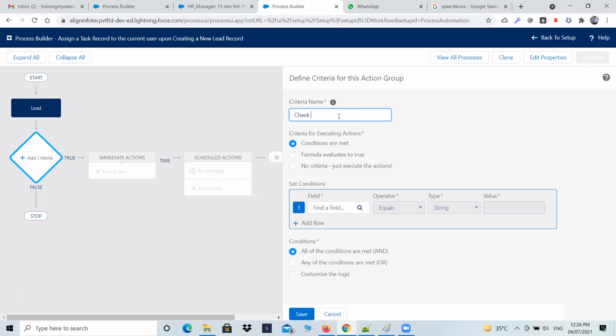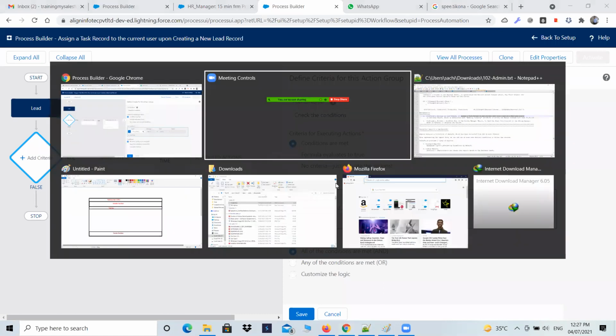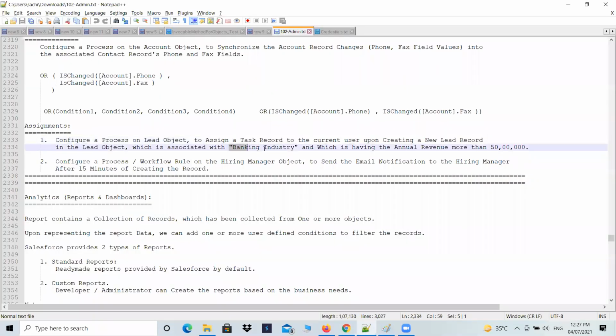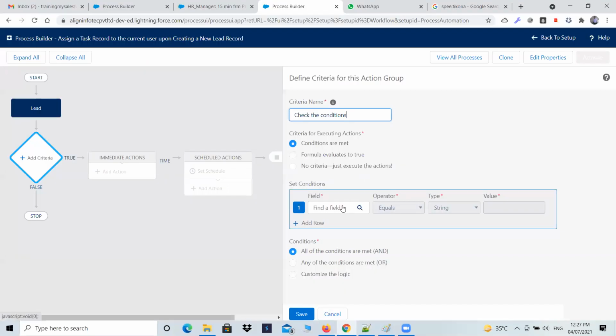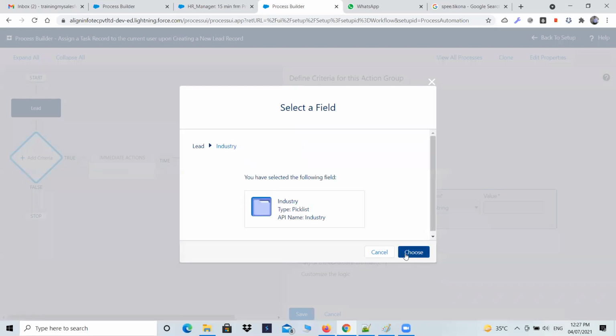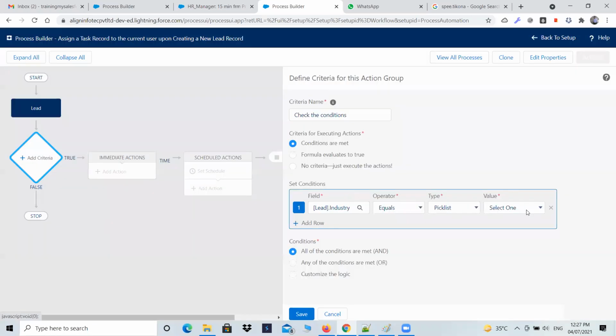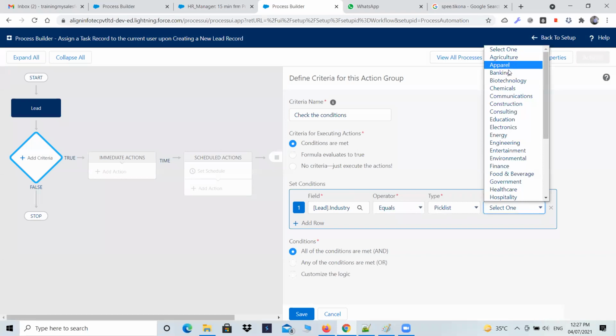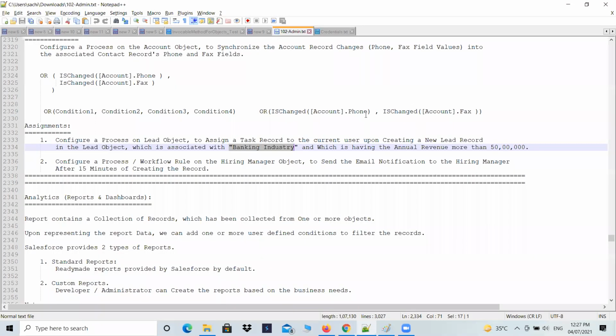कंडीशंस चेक करनी है। कौन कौन सी कंडीशंस है, एक एक करके कंडीशंस में जाऊंगा मैं। पहली कंडीशन क्या, इंडस्ट्री की वैल्यू बैंकिंग होना चाहिए। सो लेट मी सिलेक्ट दिस इंडस्ट्री, लीड का इंडस्ट्री शुड इक्वल्स टू पिक लिस्ट, इट शुड इक्वल्स टू बैंकिंग। पहला रूल क्राइटेरिया ये हो गया।